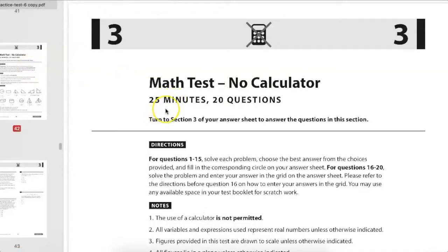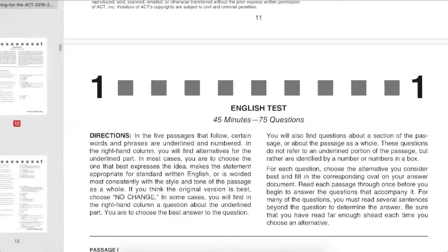On the math section, the no calculator section, you have 25 minutes and 20 questions. Again, very little time to think things through. You've got to know your facts. You've got to know your equations. You have to know what you've got to do. You've got to process quickly. You have to retrieve quickly. 25 minutes, 20 questions. Let's take a look at the ACT, the American College Test,